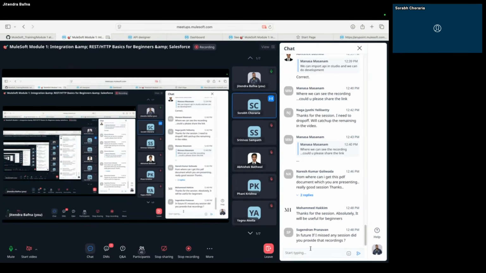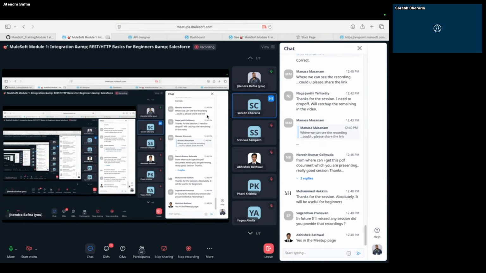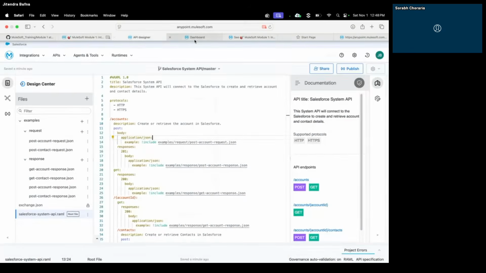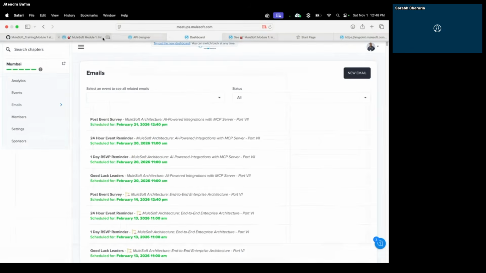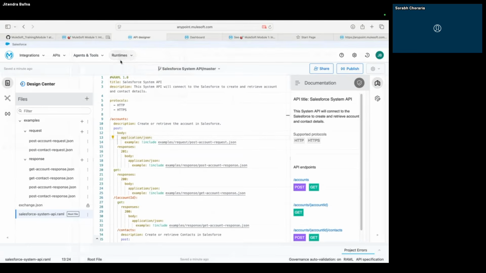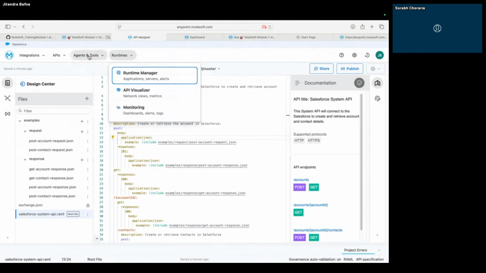Yeah, Jitendra, one more request. Since I'm new to MuleSoft, I'm not sure what a developer portal is, what an exchange is. A one-liner would help us understand. Okay, I will explain right now. You should tell me if you are not understanding anything, you can tell me in the middle of the session. I will make sure I clarify all those things. Okay, so let me go to the exchange.